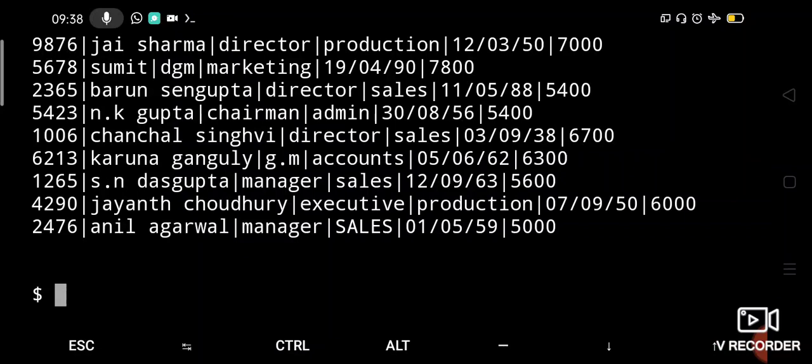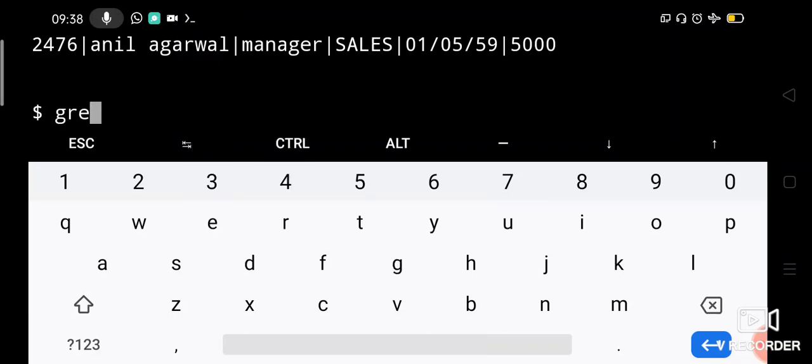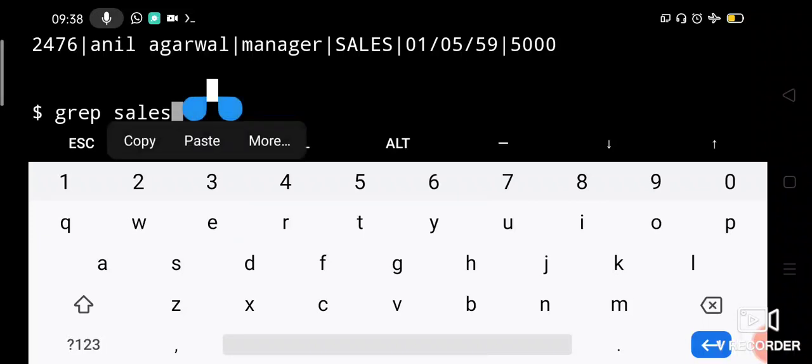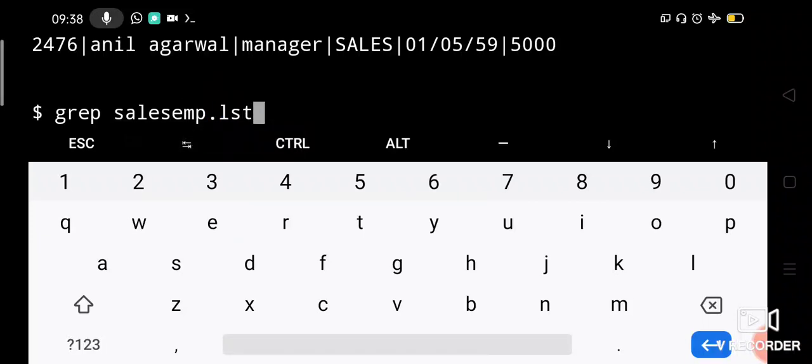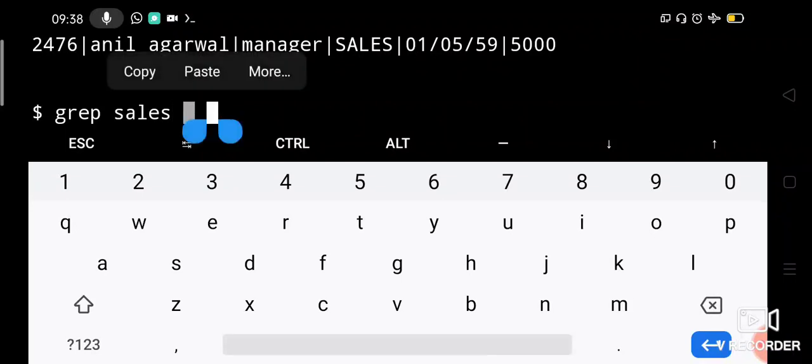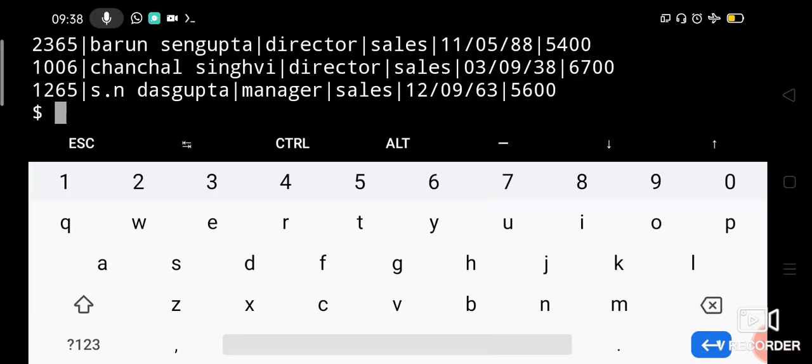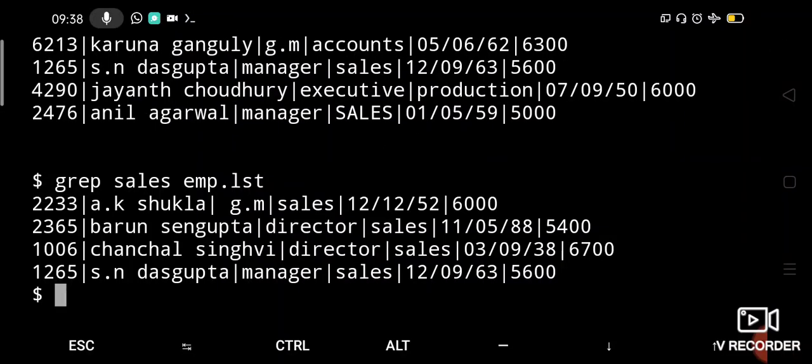You can see the last line contains SALES in capitals, but the other lines where sales is present have it in small letters. Let us grep sales in emp.list. There should be a space in between. It will display all the lines which contain the pattern sales, but not the last line because it has the capital word, right?